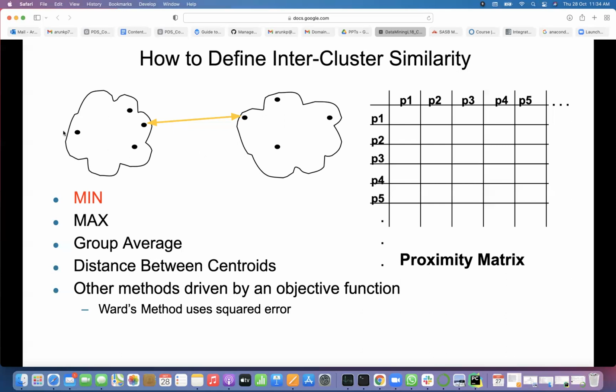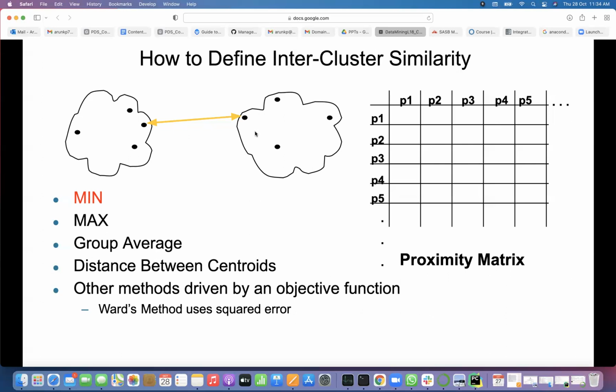16. So if you take this particular point, it can be paired with 4 points here. Then another point can be paired with 4 points. So 4 by 4, 16 pairs you will get. All these 16 pairs' distances you need to find out. Whichever distance is minimum, you will take. That is the distance between these 2 clusters.